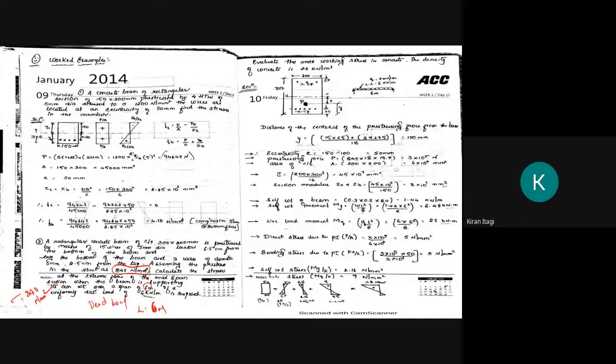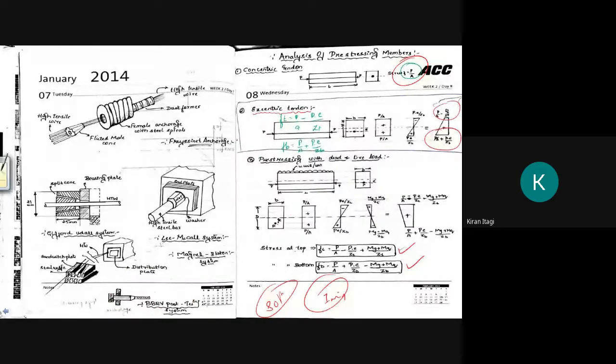And a uniformly distributed load of 6 kilonewton per meter is imposed, and also he has given the live load of 6 kilonewton per meter. Evaluate the maximum working stress in the concrete. The density of the concrete is 24 kilonewton per meter cube. Okay, so if you see here,